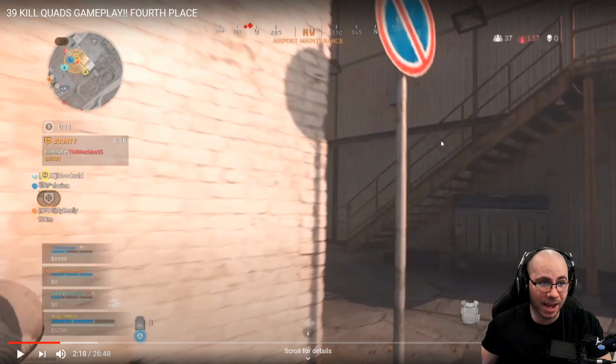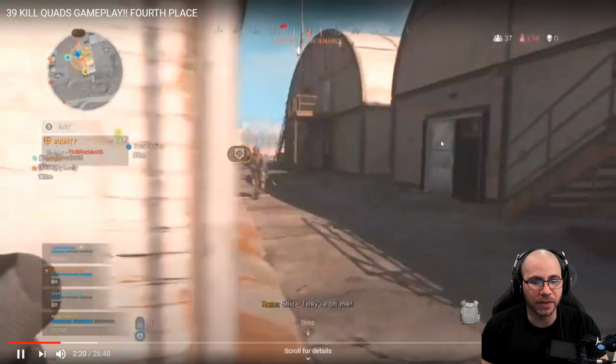You're coming in from the right-hand side. Your teammates are coming in from the left-hand side, so y'all could essentially pinch the enemy. I love to see that. Be careful rounding this corner, because you're...